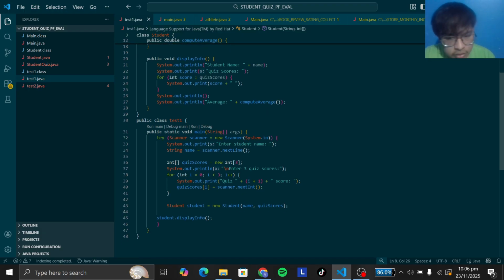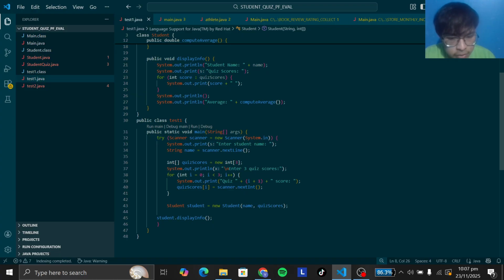the main method, which is the starting point of the program. A Scanner object is created by using a try-with-resources statement, ensuring that it automatically closes after use. The program prompts the user to enter a student's name, reads the input using scanner.nextLine and stores it in the variable name, and then creates an integer array, quizScores, of size 3 that holds quiz scores.